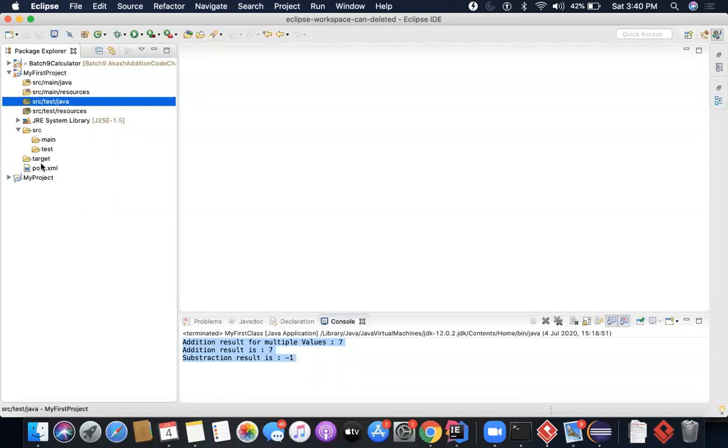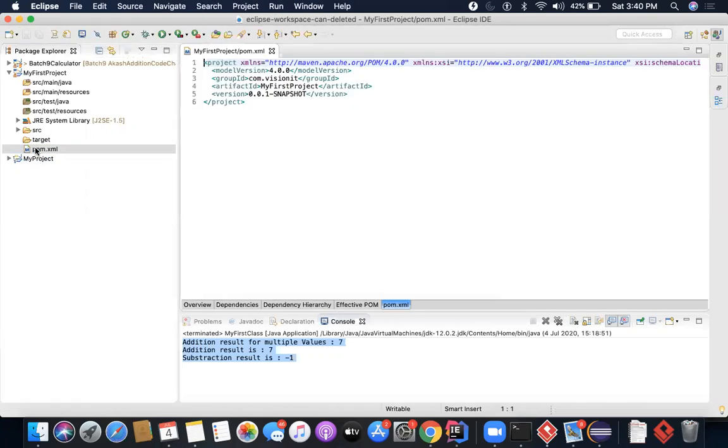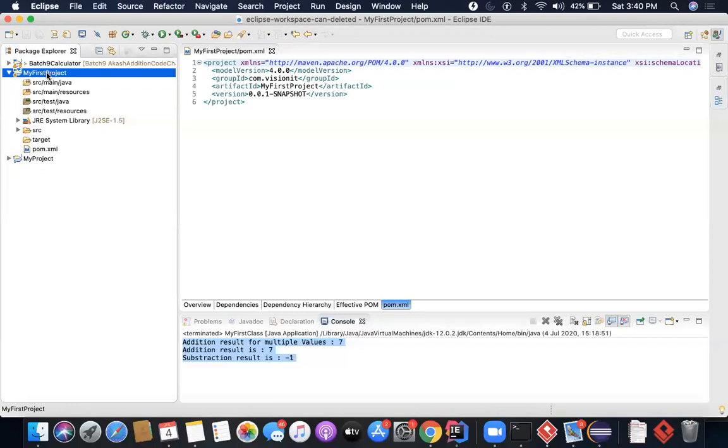Next thing to explain here in the structuring is a very important file called the pom.xml file. This file holds the information about how to build the project. Okay. This information is kept inside pom.xml. This is also called the configuration file for Maven and for your project. So every project, no matter how many projects you want to create, every project will have this pom.xml file with it. It's a must for any Maven project.